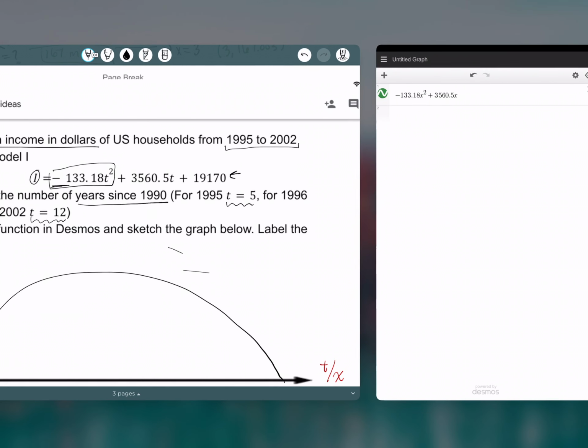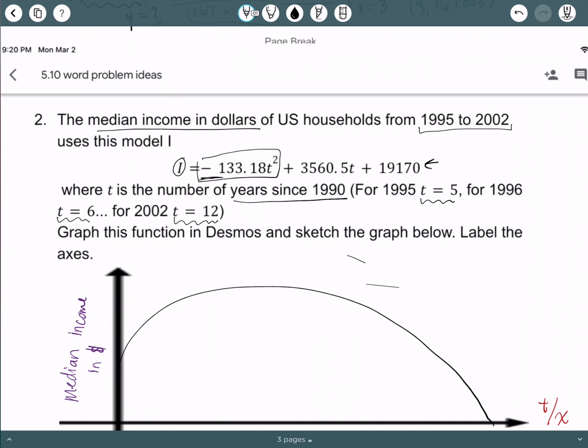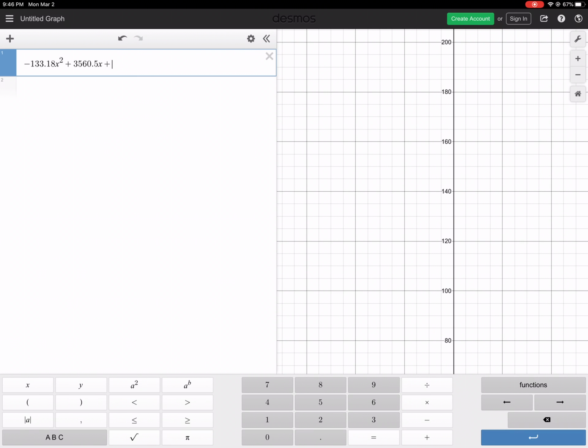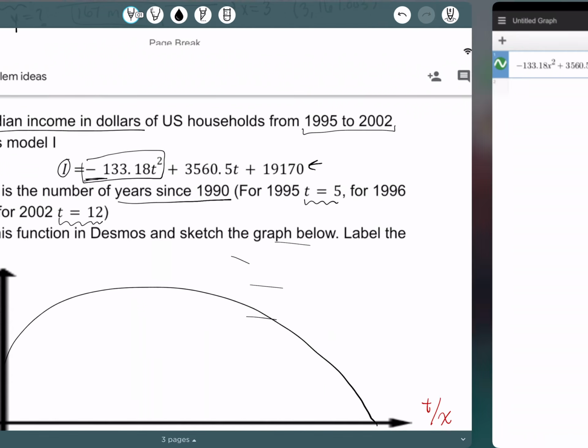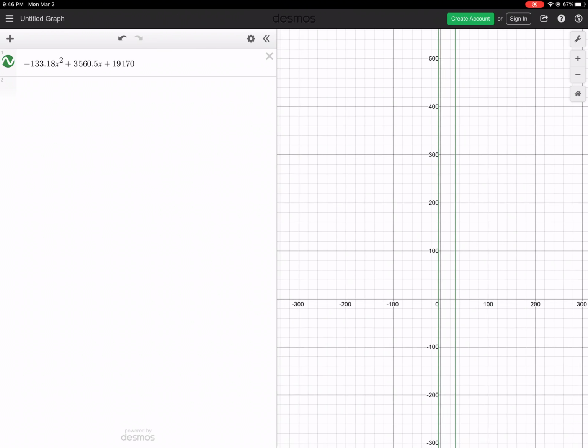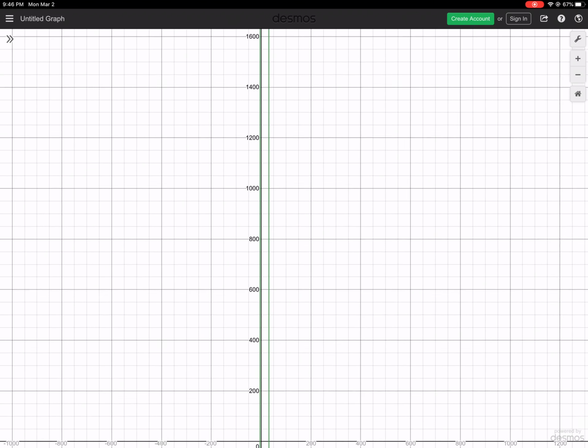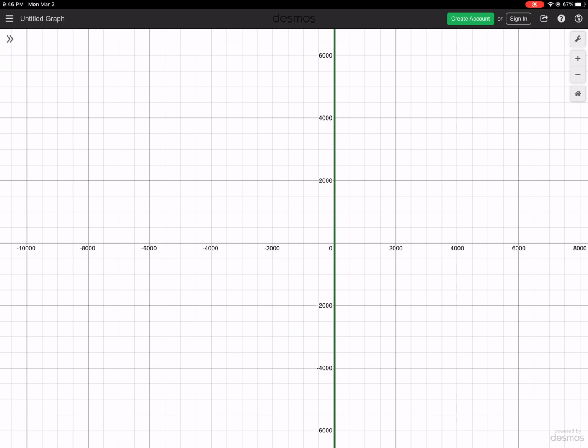Then 3560.5x and then plus 19,170. Alright, so now that my equation looks exactly the same as what I was given in our application,